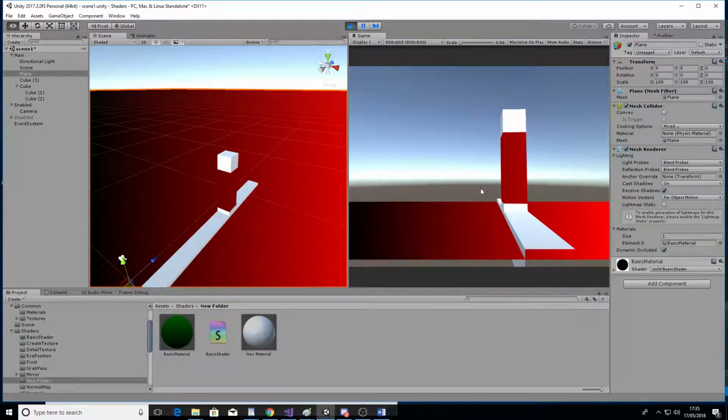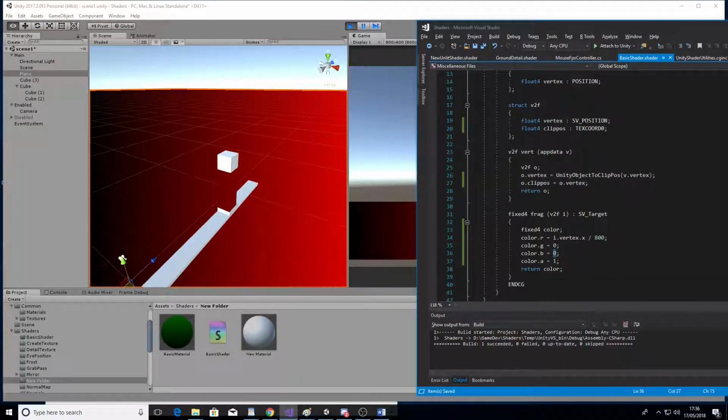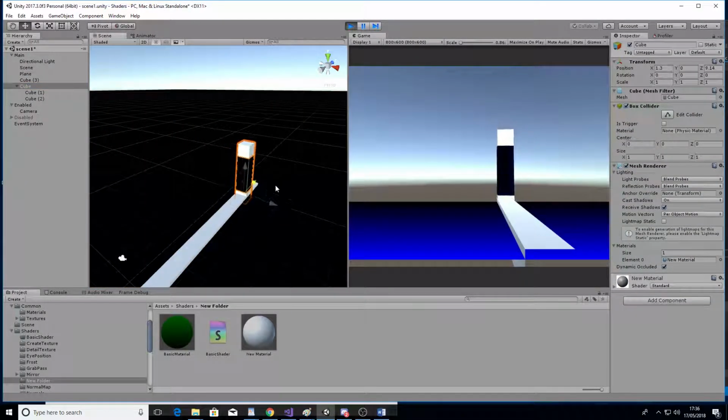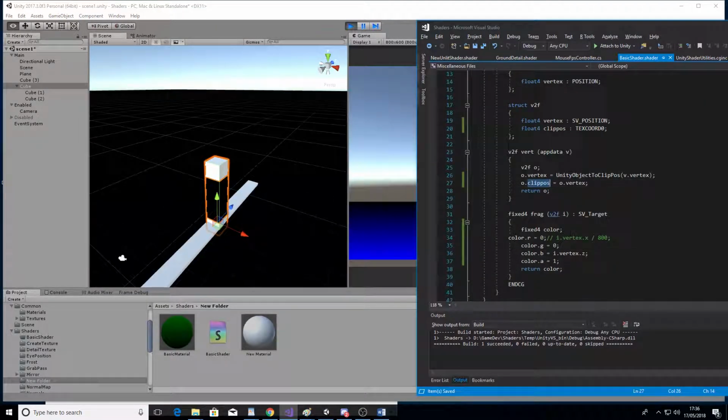Now the same is not true of Z, so the Z values seem to be normalized depth between the near and far plane. So for example, because I want to use my movable pillar, let's just do this. I'll set the blue values to the vertex Z and we get this, and then if I slide this pillar inwards, you can see we get the nice value here. Now let's just use clippos.z,